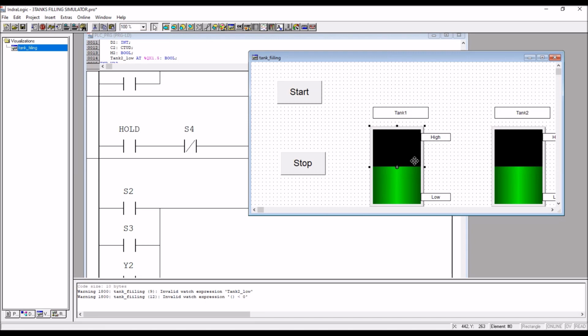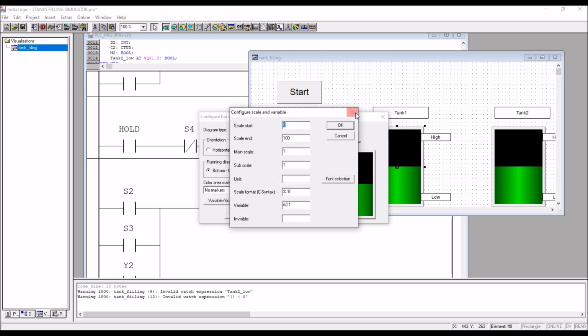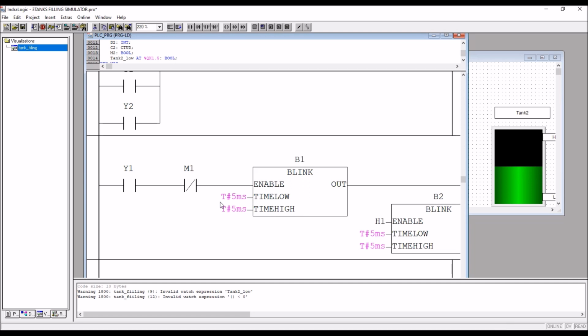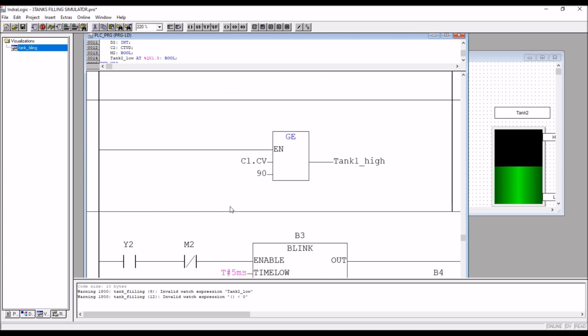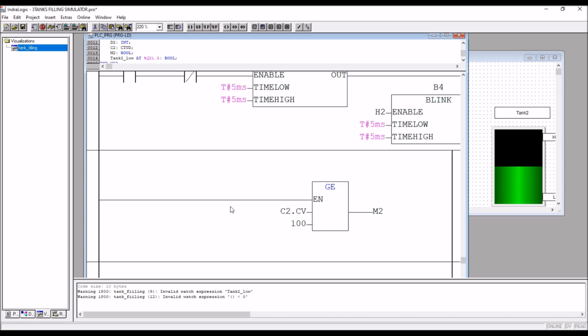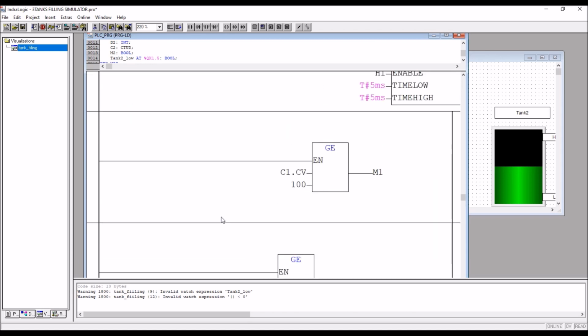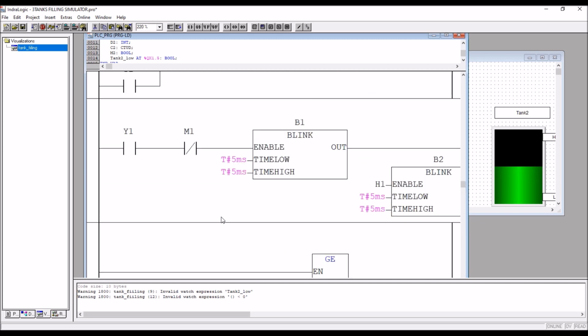Tank 1, AO1, and the tank 1 greater than or equal to you have taken, right? So when M1 is on,